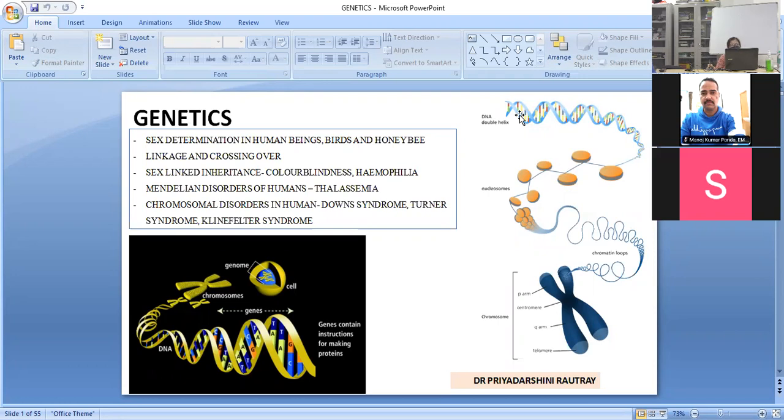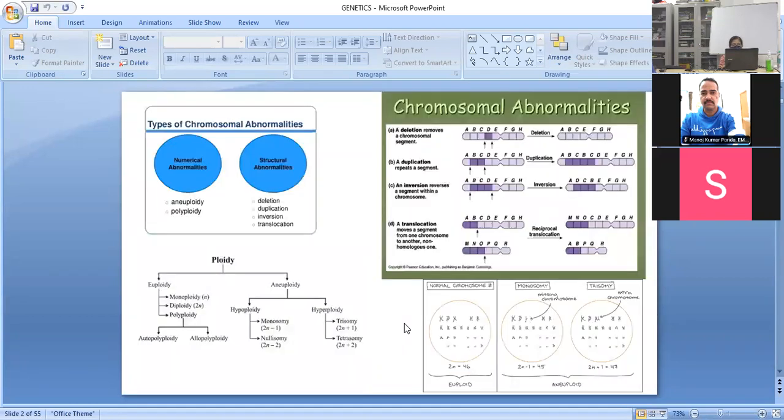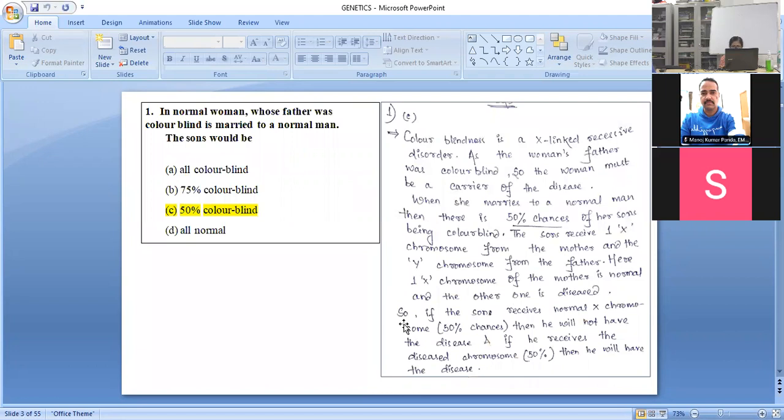DNA is our hereditary material. And here, as we can see within the cell, chromosomes, and finally the DNA, which contains the genes that make all the necessary proteins that are essential for functioning of many different physiological functions in our body. So let's move on to our first question.